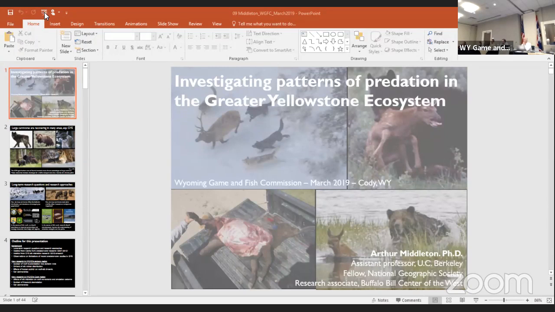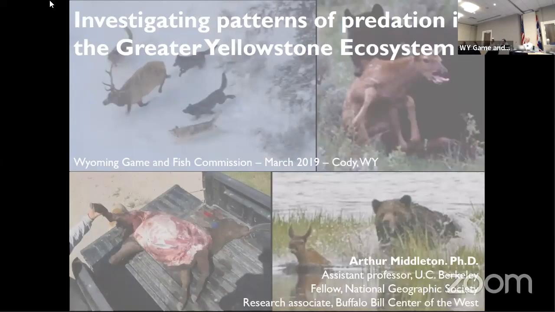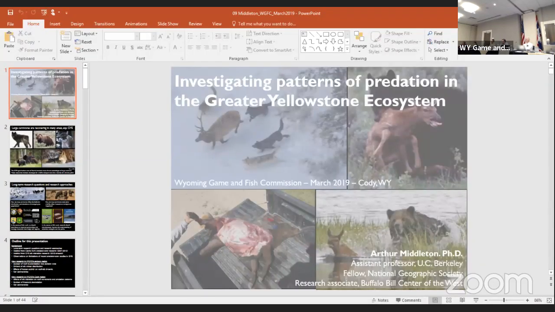The context for what I want to talk to you about today is the really extraordinary recovery and expansion of large carnivores in many areas, and especially in the greater Yellowstone ecosystem. And I highlight the greater Yellowstone ecosystem not just because it's where we are today, and it's important to Northwest Wyoming, but because now the greater Yellowstone ecosystem, partly because of these recoveries of these species, harbors the most diverse assemblage of large mammals, including large carnivores, of almost anywhere in North America. And so that's been a major historic kind of wildlife recovery.